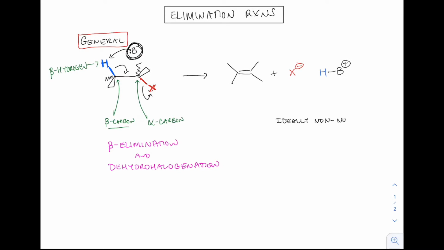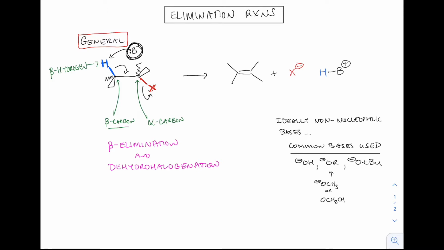So when it comes to the base, which bases are ideal? We want non-nucleophilic bases because, as you can see, there's a halogen on there, and we can do substitution reactions with nucleophilic bases, right? Remember, bases and nucleophiles are very similar. So some common bases that we can use are hydroxide and alkoxide. That's what that OR minus is. Of course, those are nucleophilic as well. So that tert butoxide is a great choice for